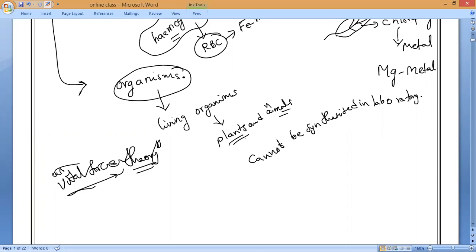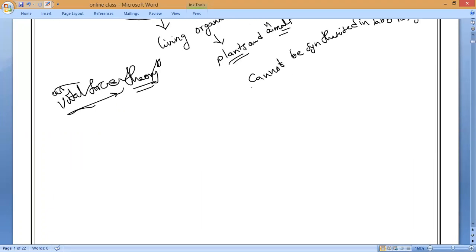It is only coming through organisms like plants and animals. So it is some kind of mysterious force. That force, only known as vital force, is called the vital force theory. Now, if you have noticed it, later the branch of chemistry which deals with this only